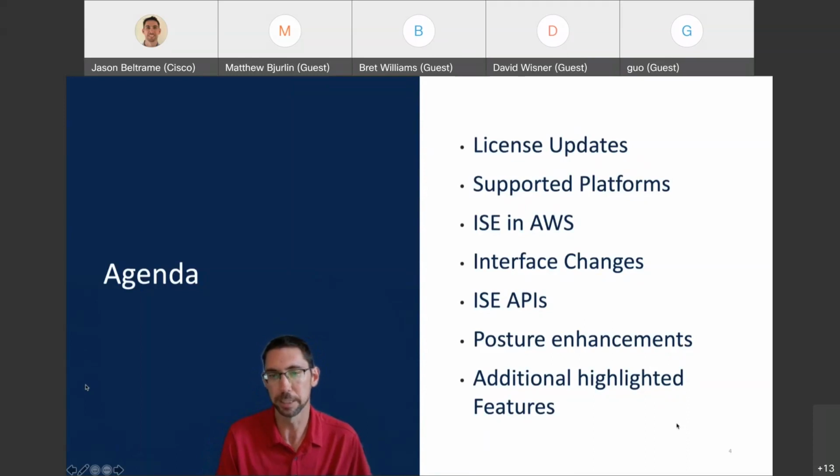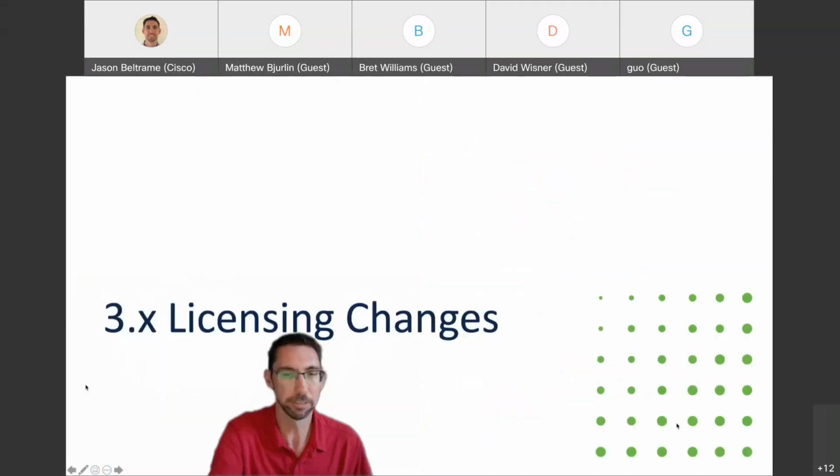Finally, we're going to talk about the posture enhancements. There were some major updates, especially around Linux, on the posture assessments, and then I'll touch on some of the other highlighted features that are more quick. So with that, let's dive right in. I'm going to talk about everyone's favorite topic,